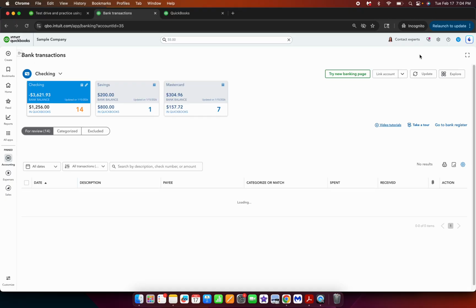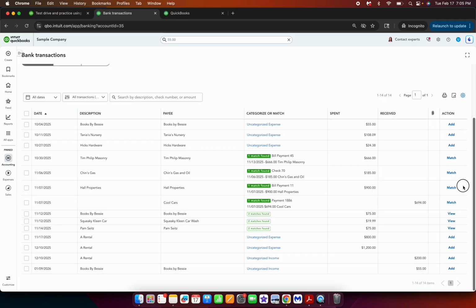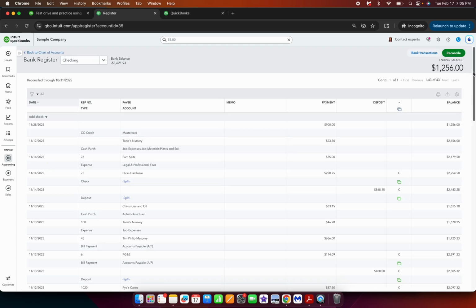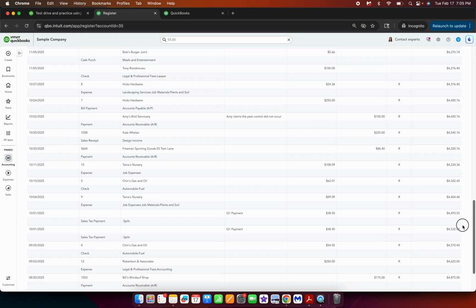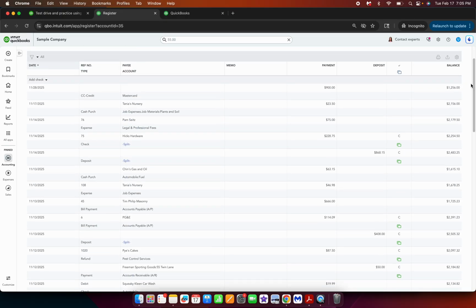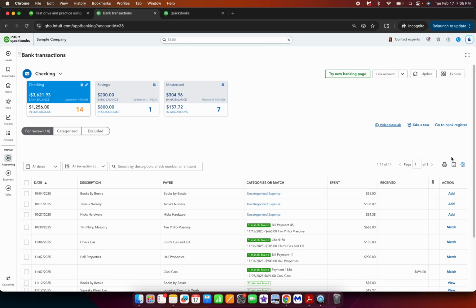The last place we'll check is the bank transactions. And yeah, I see $55 in October. So what you can do is go to the bank register, take your bank statement for October, and make sure that you do see $55 on there in the right date. Go back to bank transactions. I know it seems like it should be obvious, but I've seen situations where not taking the steps to be a little extra thorough